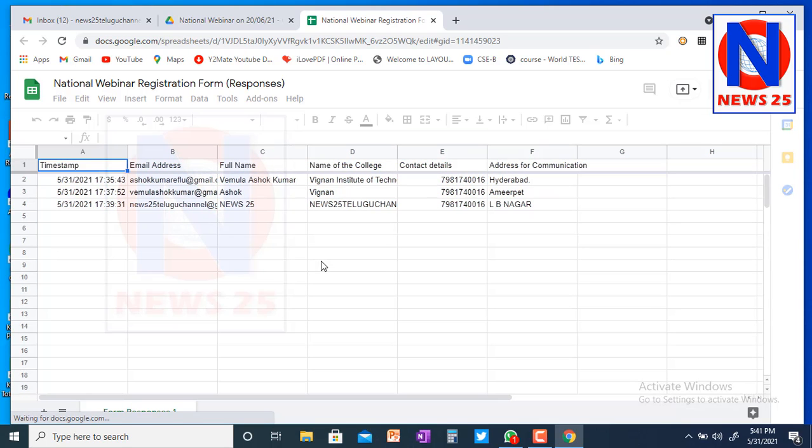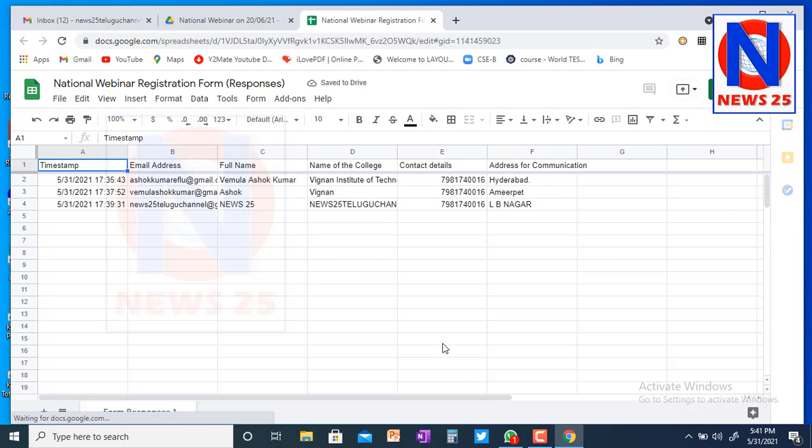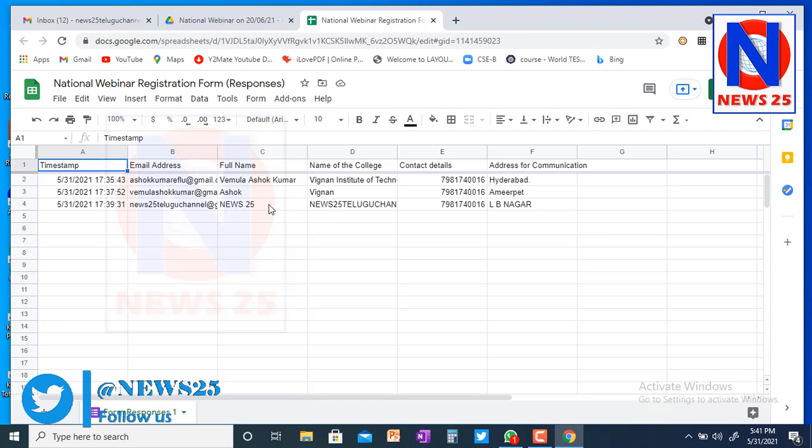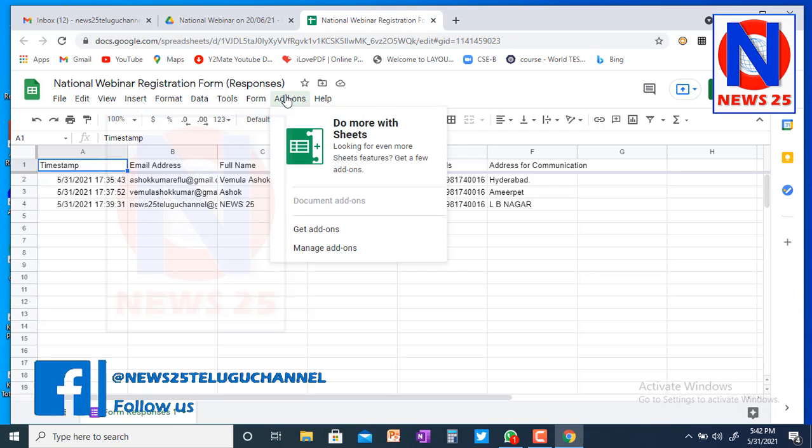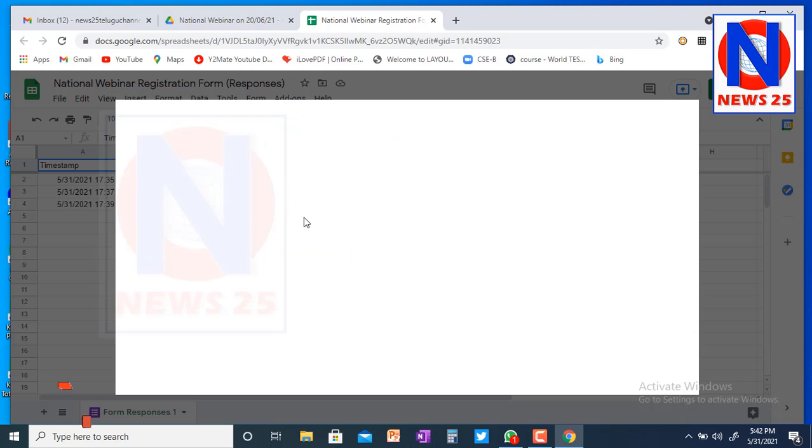All right, now what we have to do is, how we can send certificates to the participants automatically. Okay, that we will see. Now you just go on to add-on option and click on get add-ons. So apps will be open.